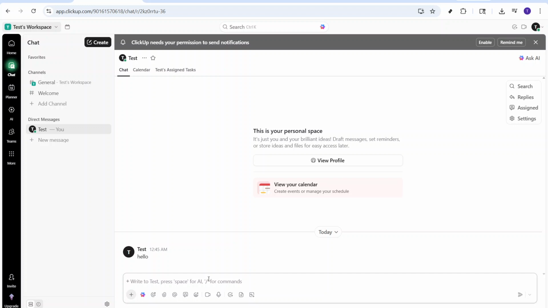And there you have it, a simple, straightforward way to harness chat in ClickUp for better team dynamics and project management. Take these instructions and see how seamlessly they can integrate into your daily workflow. With ClickUp's chat feature, you're not just sending messages. You're ensuring your entire team is aligned and informed right where the